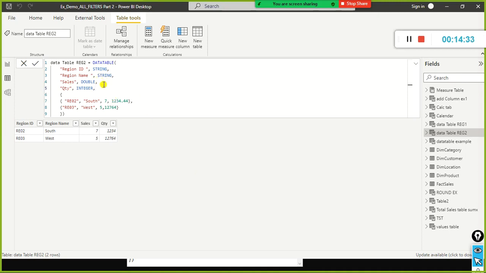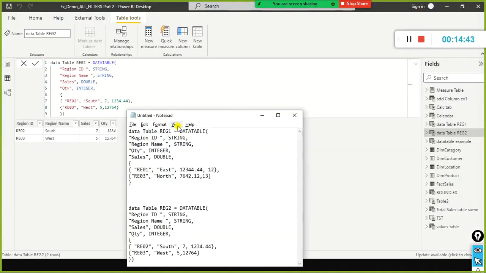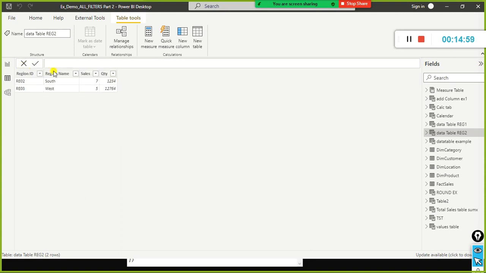If I do union with this itself, it will get combined. But look here, in the first data set we have quantity and sales. So what will happen is if I combine these two, in the second table the sales values will get into quantity and the quantity values will get into the sales column. Okay, so those kinds of issues can come up here. So first we will try